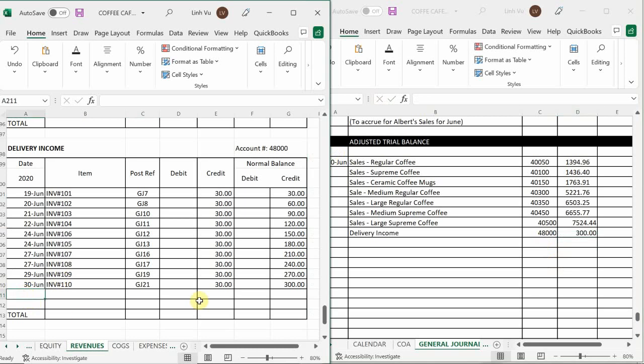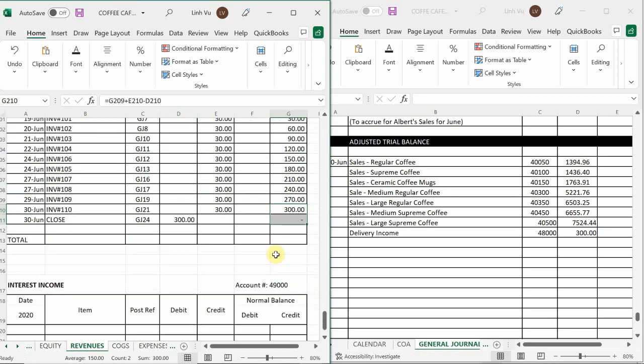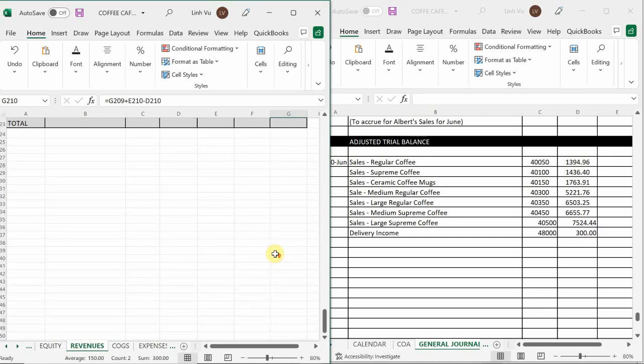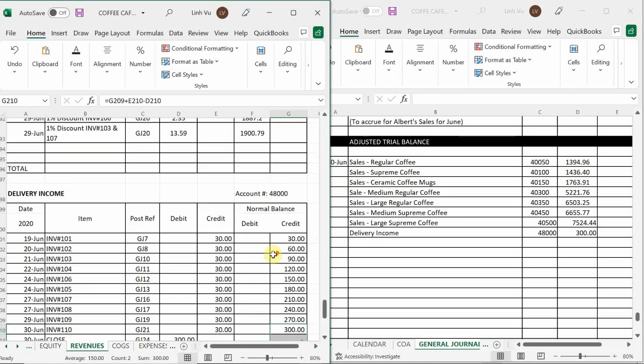Okay. Okay, so now when I debit this, it's going to bring my account balance to 0. Okay. And last account I have here is interest income, so nothing there,